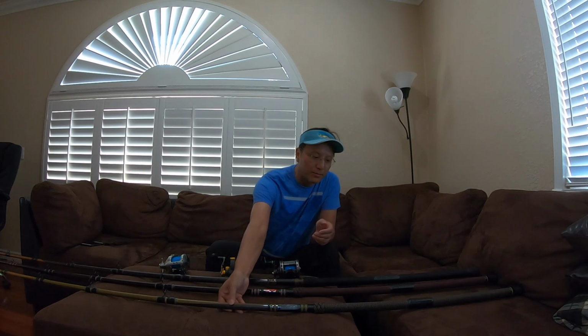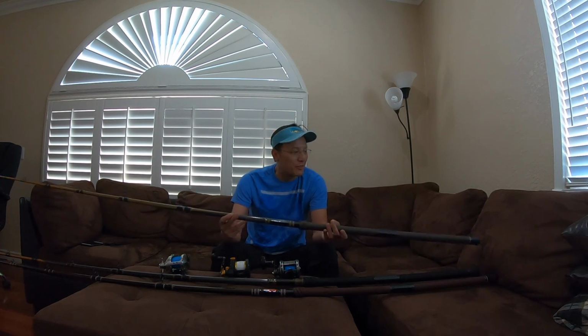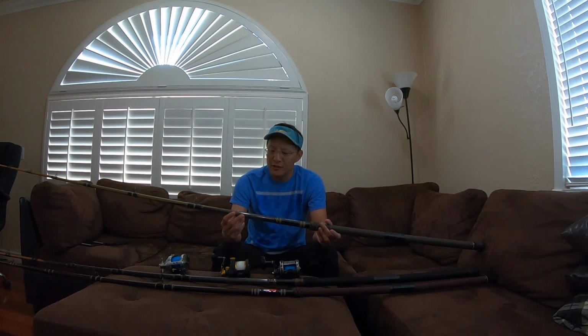All right, next up the White Tiger. Yeah, this is called a White Tiger 7X, so it's supposed to be able to cast the Satis 7X, and their factory rod actually has a picture of the Satis 7X jig on it. So I was casting it, and it actually loads pretty well. It loads the heavier jig well. It's a faster rod than the Ulua,